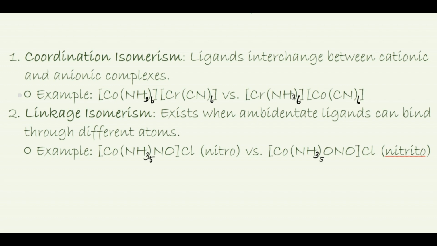The next one is linkage isomerism. That's what appears for the ambidentate ligands. Okay. Say for example, here you can see nitro, the N is participating in the coordinate bond. But in the case of the second one, that is nitrito, where oxygen is participating in the bond formation. So where the linkage of the ligand changes, that is called linkage isomerism. Okay. Then